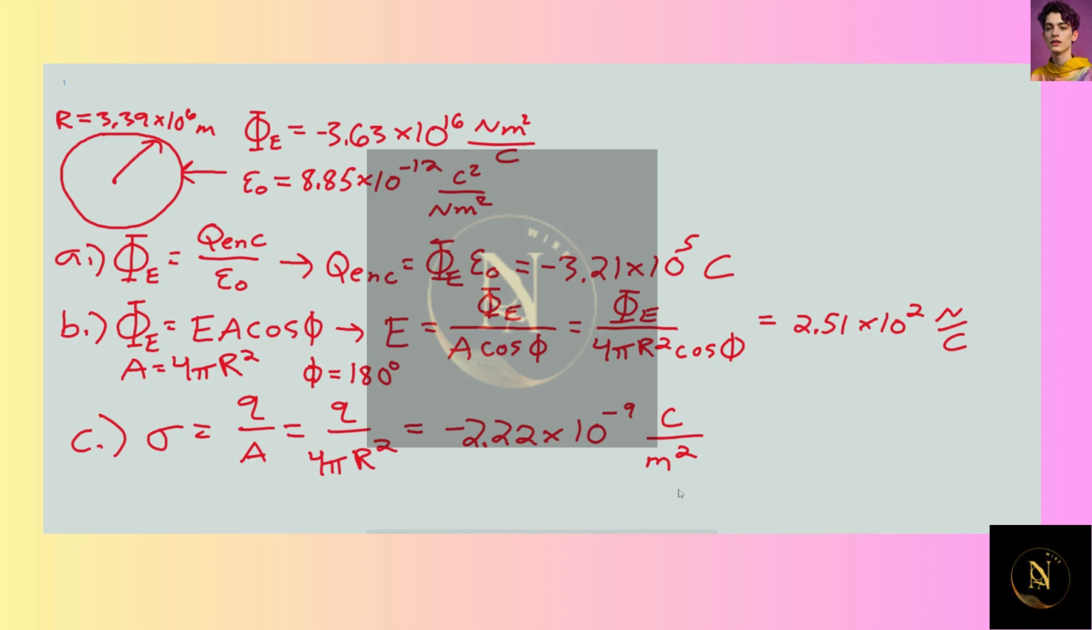coulombs per square meter. So we see, even though the charge is fairly large, on the order of magnitude of 10 to the 5 coulombs, it's spread out over the entire planet's surface area, so the charge density is very small, being on the order of 10 to the negative